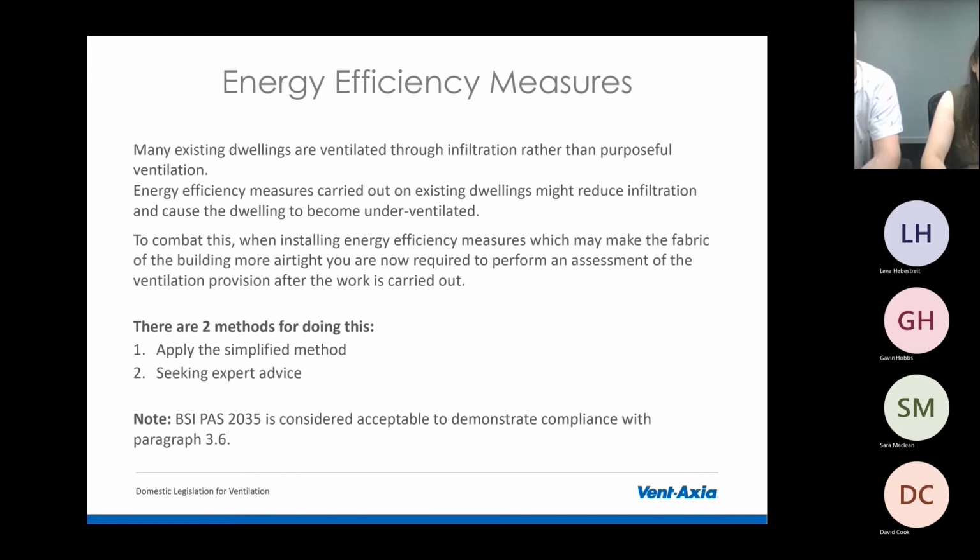When carrying out energy efficiency measures to an existing dwelling, an assessment should determine what, if any, additional ventilation provisions are needed based on the estimated impact of work. The assessment should be carried out by one of the following means: applying the simplified method in paragraph 3.8 to 3.13 in ADF 1, or seeking expert advice, which may include carrying out an air permeability test that follows the procedure given in approved document L volume 1. A side note to this is that BSI PAS 2035 is considered to be an adequate means of demonstrating compliance with